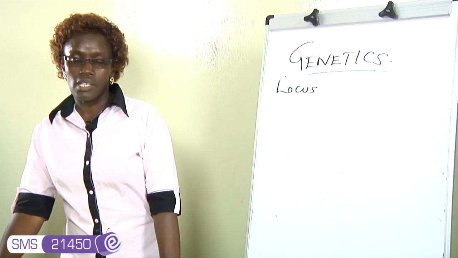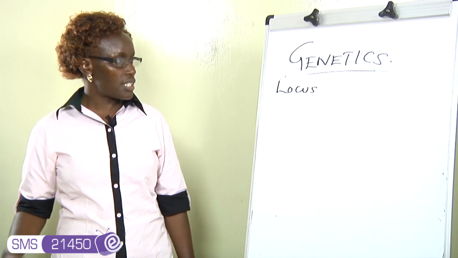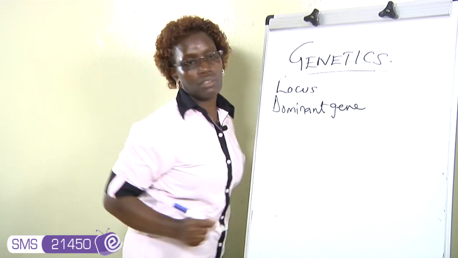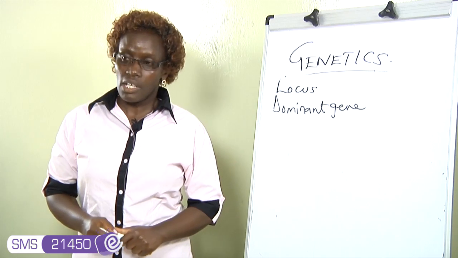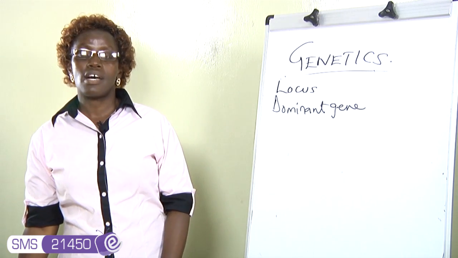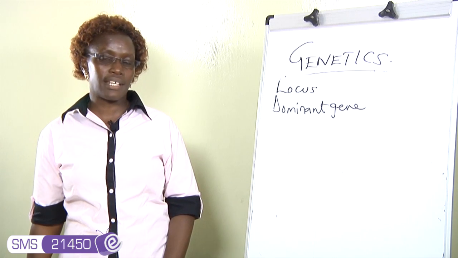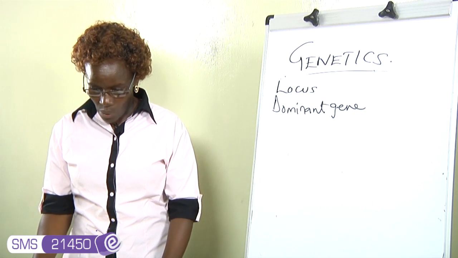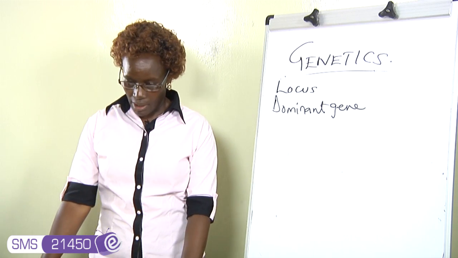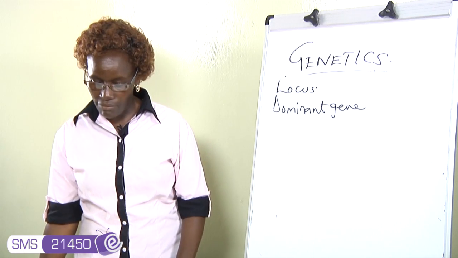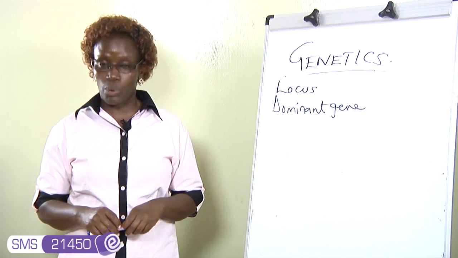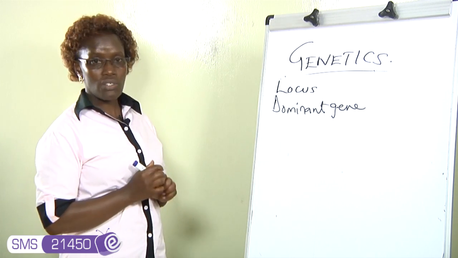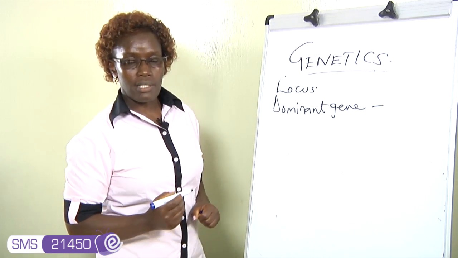The next terminology is dominant and recessive gene. So we're going to start with the first one, which is the dominant gene. We've already looked at a gene, which is the basic unit of inheritance, and we have already said that it can occur in two alternative forms, which we're calling the allele, denoted by a capital letter and a small letter. Now, a dominant gene is that allele that expresses itself by influencing the phenotype or the appearance of an organism in the presence of an alternative form. For example, I know that one is a long sentence. I'll still use the same example of height